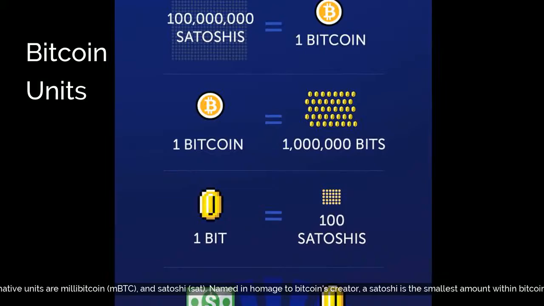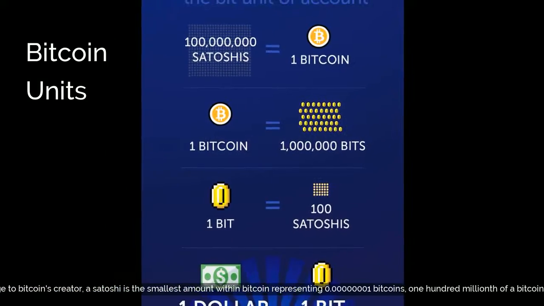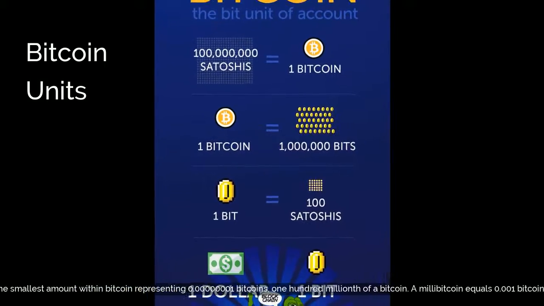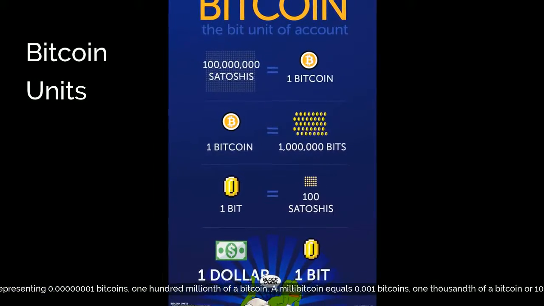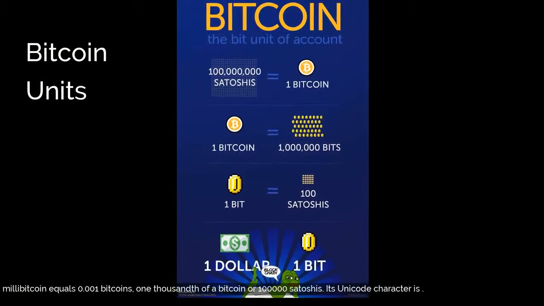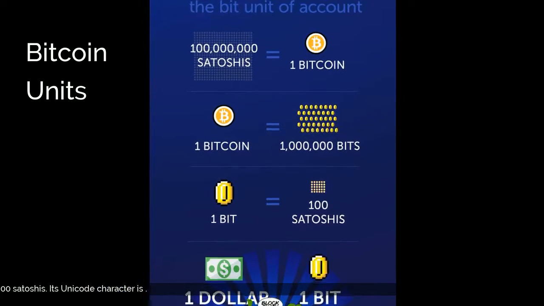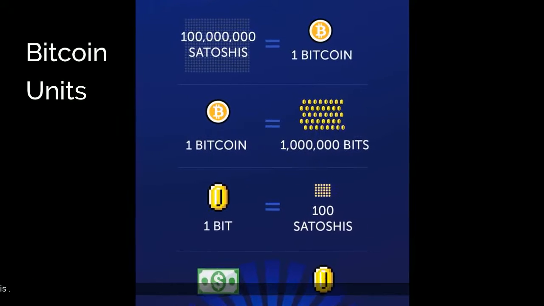Named in homage to Bitcoin's creator, a satoshi is the smallest amount within Bitcoin, representing 0.00000001 Bitcoins, one hundred millionth of a Bitcoin. A millibitcoin equals 0.001 Bitcoins, one thousandth of a Bitcoin or 100,000 satoshis. Its Unicode character is